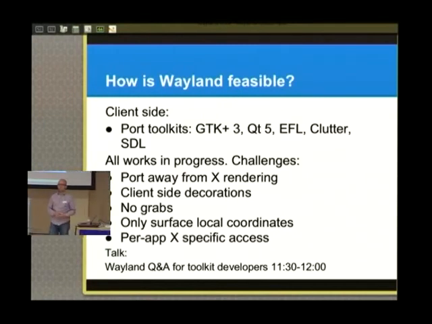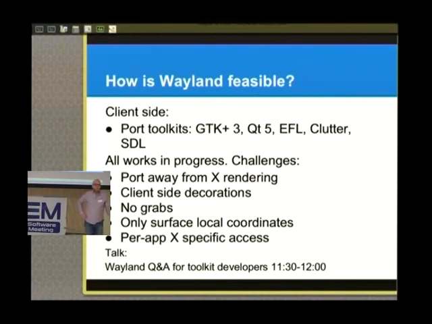So for the solution, there's no silver bullet here. We have to go through the apps and say, this app will unconditionally cast some object to an X-specific object, and you can't do that, and we have to work around that on a per-app basis. So there is some work to do there, and it depends on how well your toolkit isolates you from the windowing systems. Some toolkits are pretty good about this. Qt, for example, goes a lot further in this respect, because Qt has a longer tradition of running on different operating systems, different windowing systems.